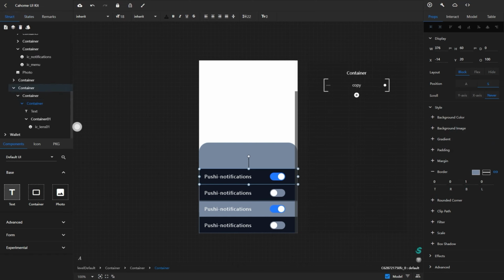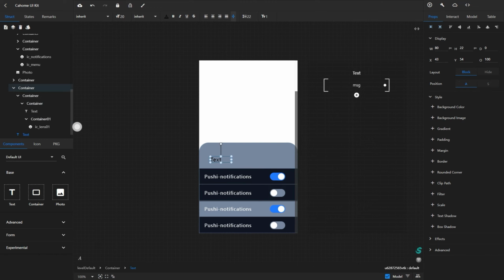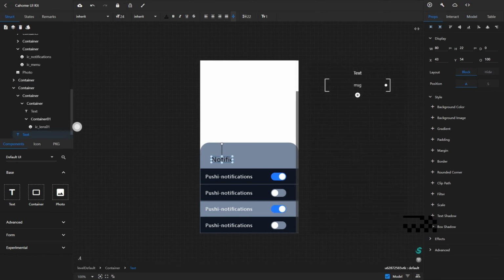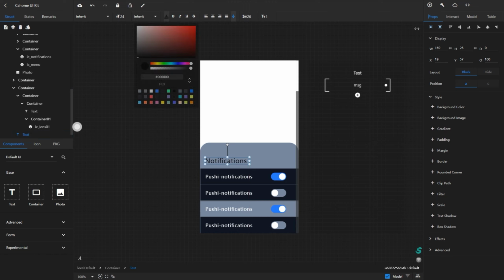We insert another text box. Enter the text. Add text size. Change the font color to white.